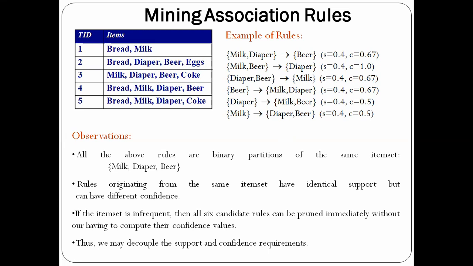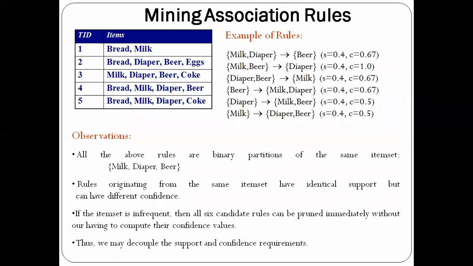Okay, so that is the meaning. So all such rules will be removed here. Okay, and then no need to calculate the confidence. Suppose they don't satisfy the support itself, then no need to compute the confidence. That is, we can lessen the burden on us. Suppose the support itself is not satisfied, then no need to calculate the confidence. In the first step itself, we prune all those item sets which don't satisfy the minimum support value.